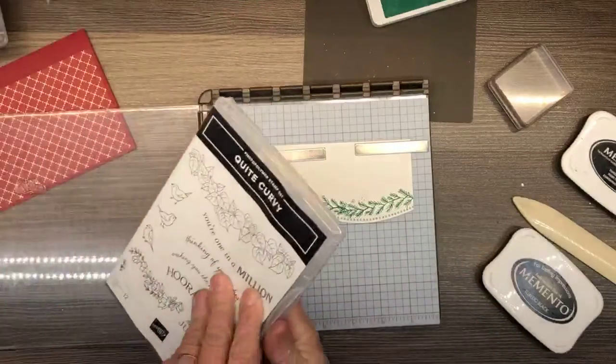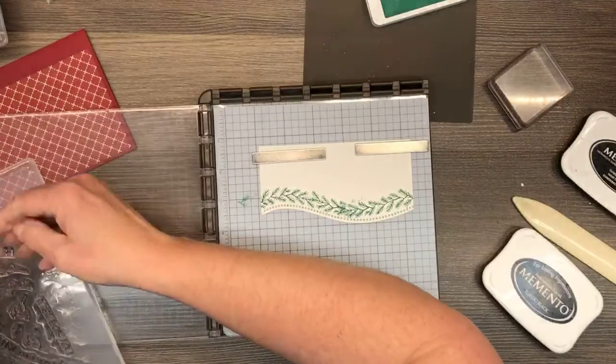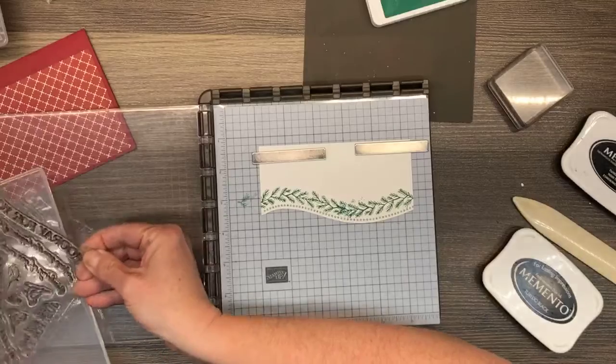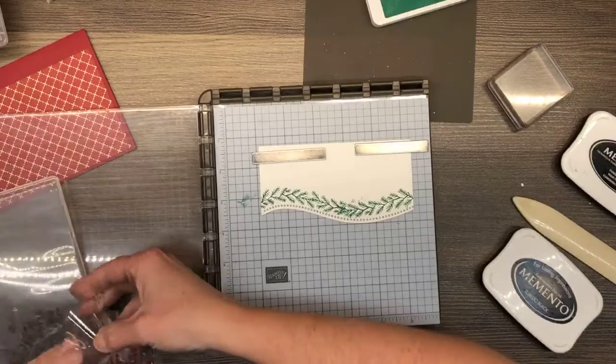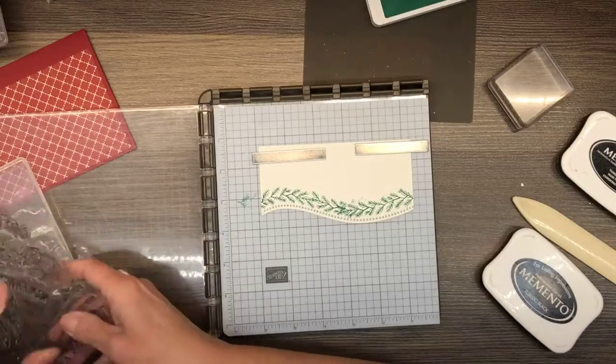Actually, I might go with a bigger greeting. Now that I'm looking at this, this hello looks a little bit small to me. I'm going to put this one back, and I am going to choose...